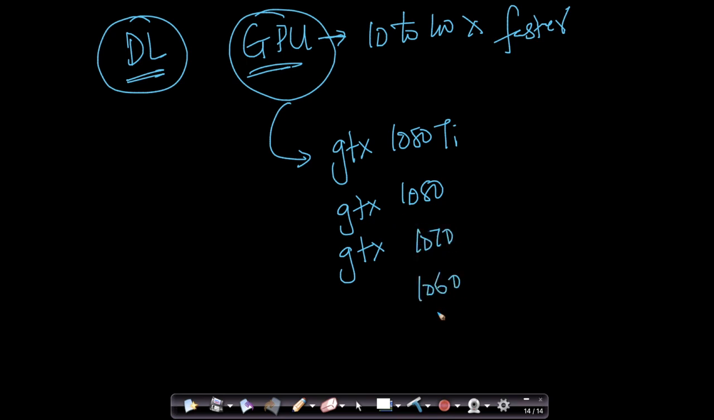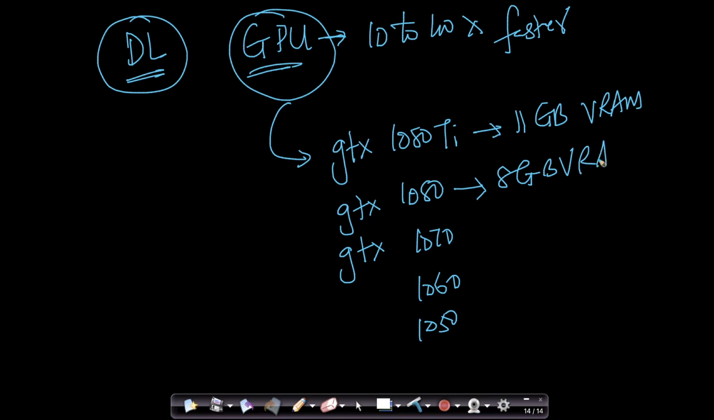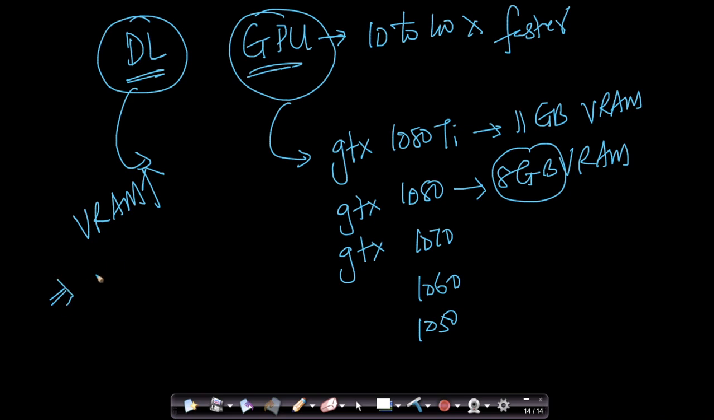1070, 1060, 1050. Of course, I think this has 11 GB of VRAM, if I'm not wrong. This has 8 GB of VRAM. The more VRAM you have, the more parameters you can have in your deep learning model. So in a nutshell, more VRAM basically implies you can build more complex models,